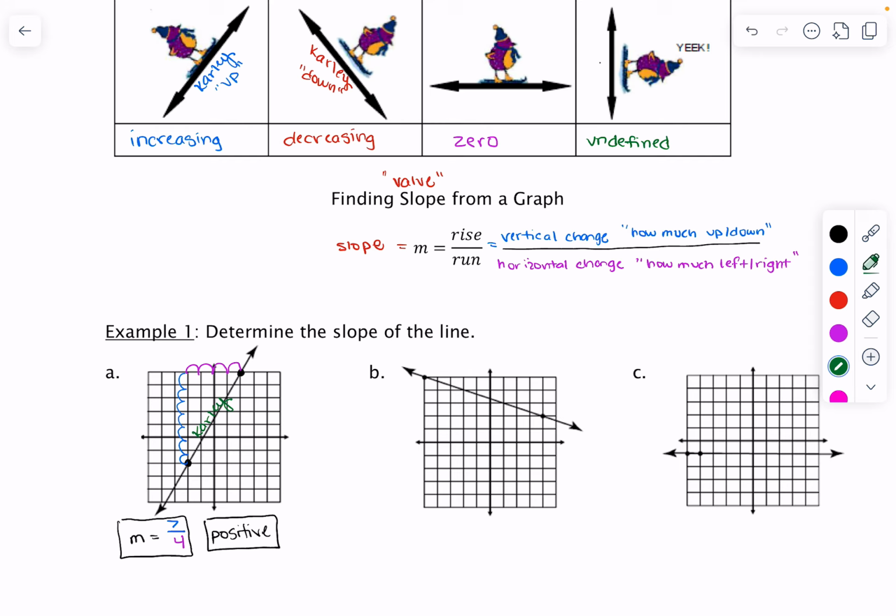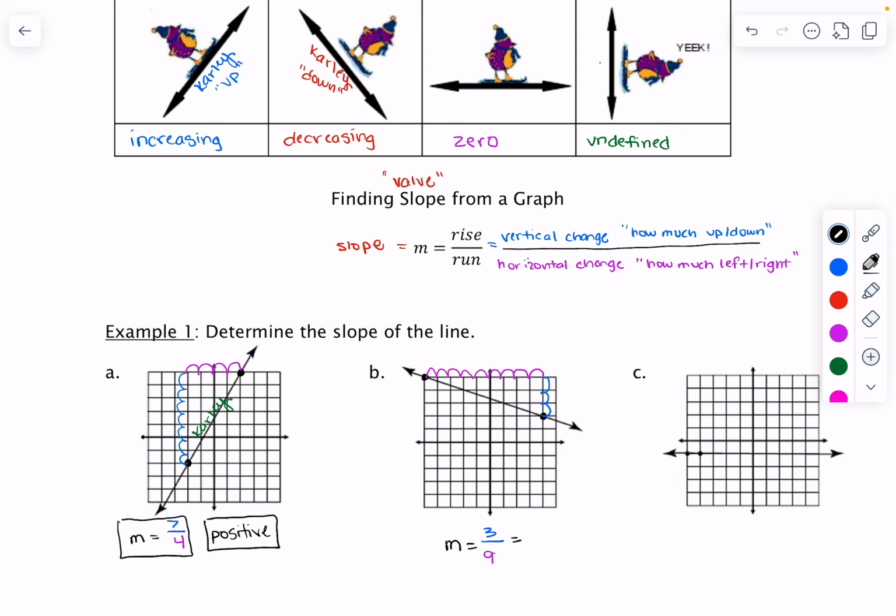Okay. Letter B, I've got my 2 points here, a point here and a point here. I'm going to do my rise over my run. So I'm going to start at this point over here, and I'm going to count up 1, 2, 3. So I'm going to go up 3, and then over to the left 1, 2, 3, 4, 5, 6, 7, 8, 9. So 3 over 9. Now, I always need to check if I can simplify slope. I don't want to just leave it as 3 over 9. Now, I know I can reduce that,